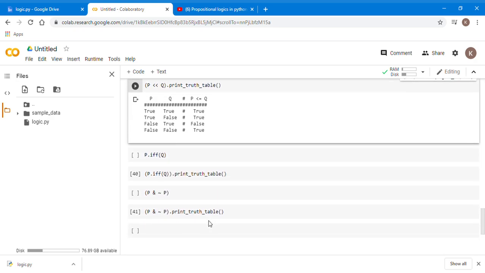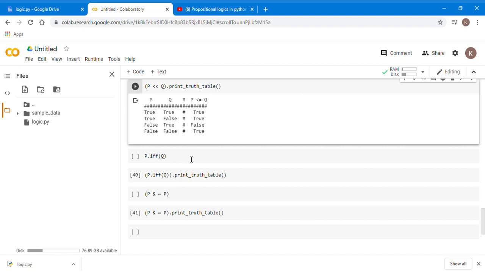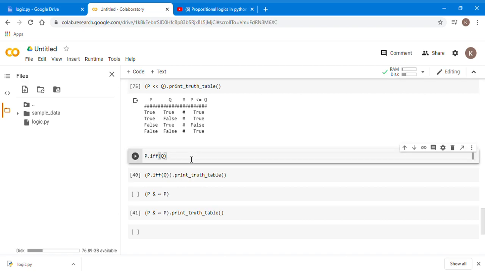Now let's step into one more proposition, that is P dot IFF, if and only if, in brackets Q. What this proposition says is that P exists if and only if Q exists. In order to make our proposition P exist, it is a necessary as well as sufficient condition for Q to exist. And let's test its truth table.